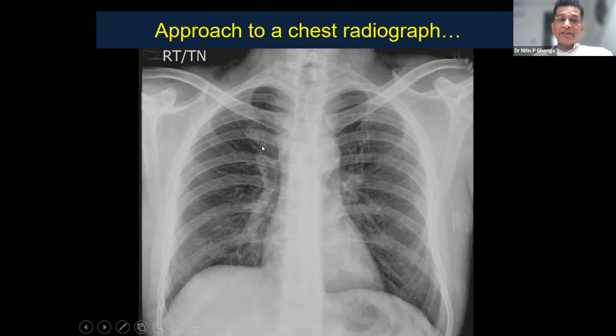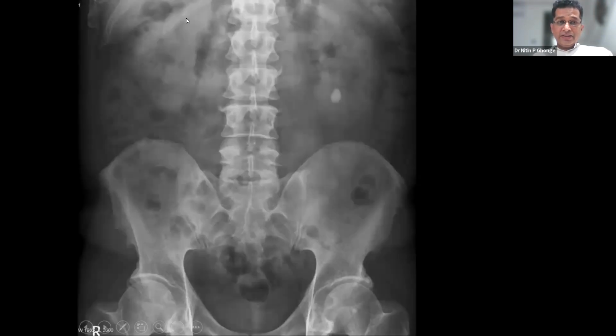But in patients with pulmonary edema, you can expect cephalization and more flow, or the same degree of vascular markings can be seen in the upper part as well as in the lower part, which is an important sign of pulmonary edema, which can be seen with CKD. Similarly, you can see the right renal margin, the left renal margin, then the psoas margins on both sides. You can see the calculus in the lower part. This is the left renal outline, which can be seen. Again, it is not larger than 3 vertebral bodies. So this is a normal sized kidney, and you can see a stone in the lower polar region of the left